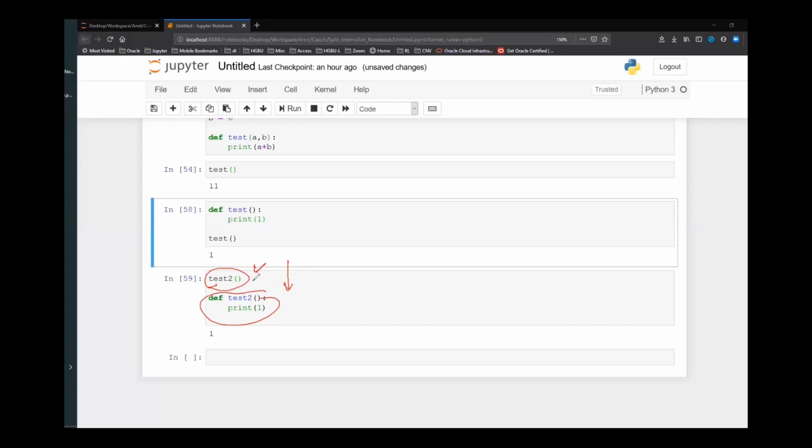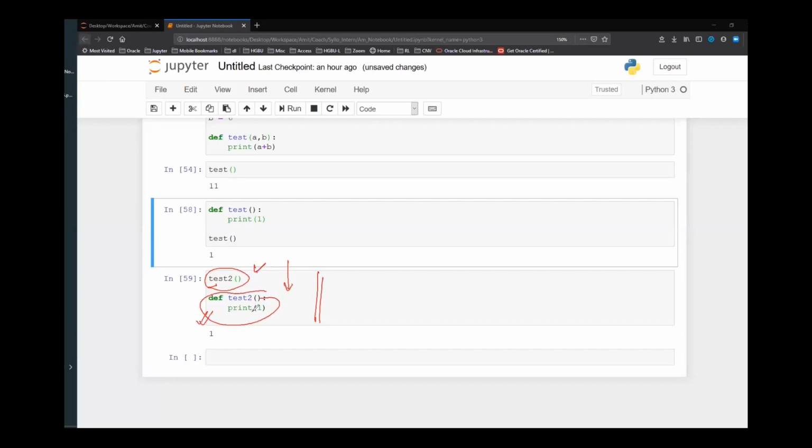Here in Jupyter Notebook, these cells are not compiled in the same way because they are read first and then executed. It behaves a little bit differently. That's why it works. In some of the IDEs it will work, but in some cases it might fail because you need to define the functions before they are invoked. Your computer should know that there is a function with this name test, then only you can call it.